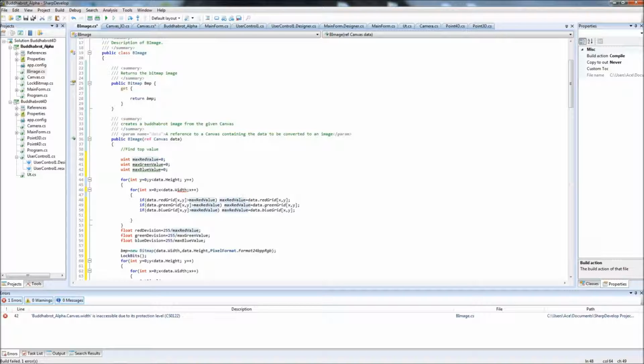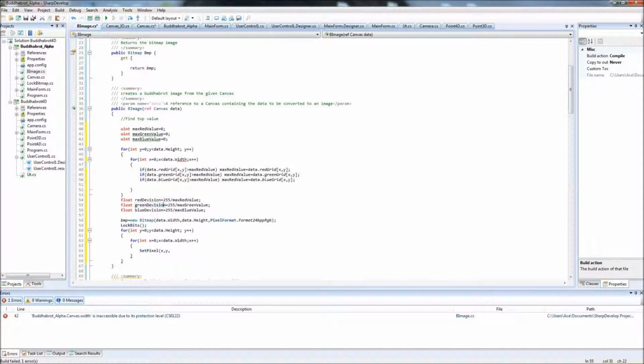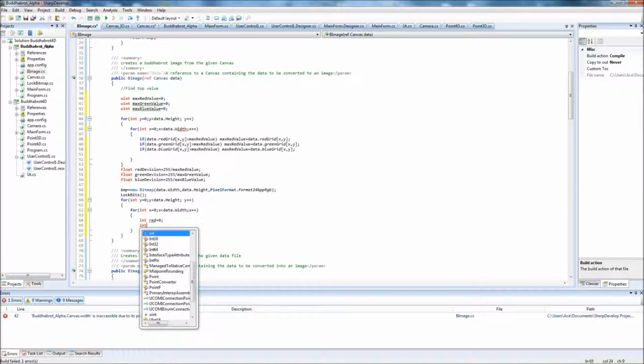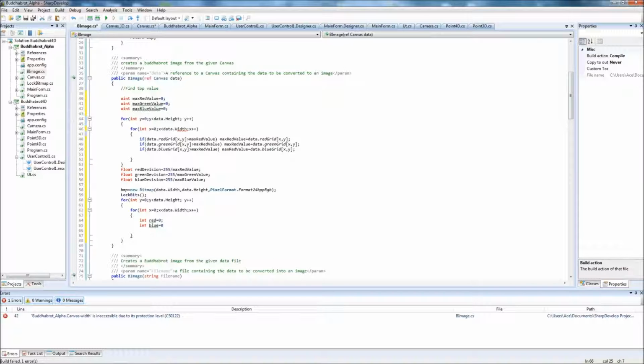Okay, that's working. Okay, then we got a new bitmap. So int red equals, int blue equals, int green equals,